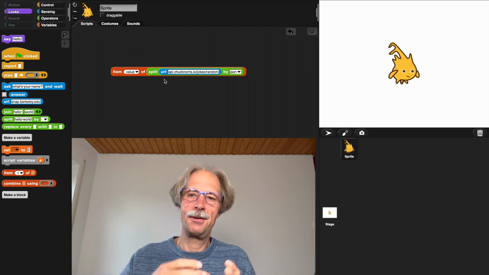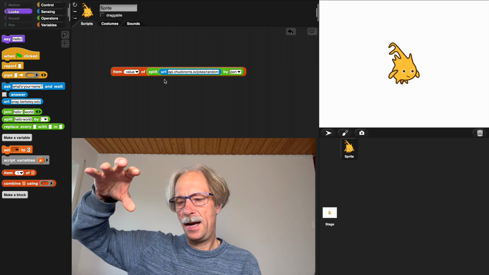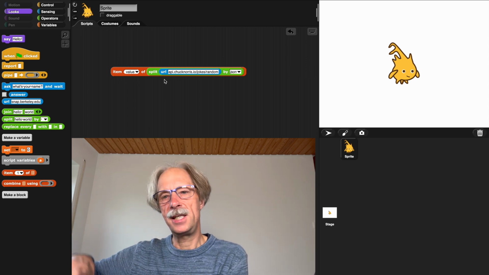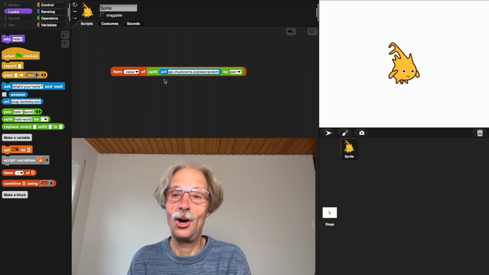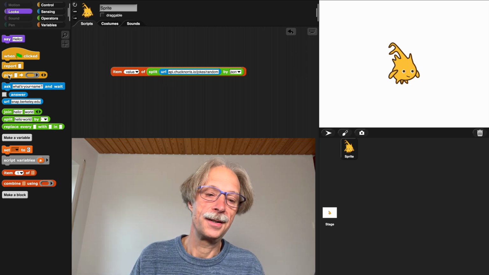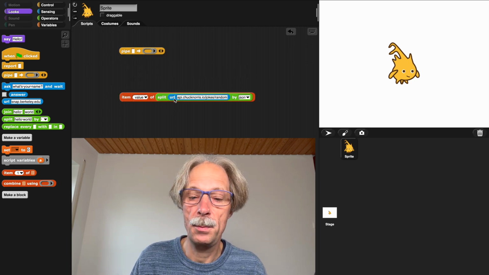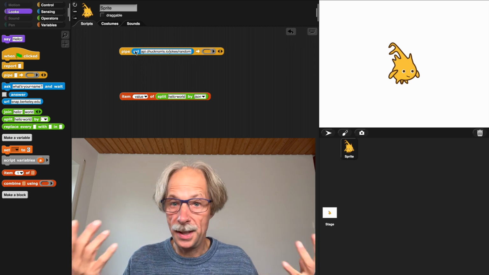Sometimes it's easier to think of it as a process where every step produces an output that becomes the input of the next step. And such a process is called a pipe. For a pipe, we have this block in Snap that we can just use. So we can reformulate this as a pipe, where we start with a value, and that's whatever we get from